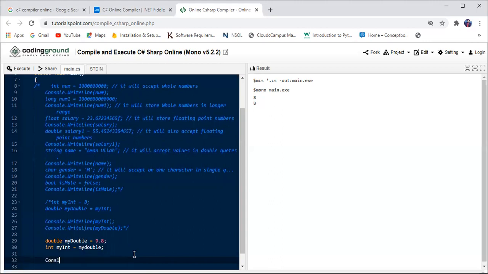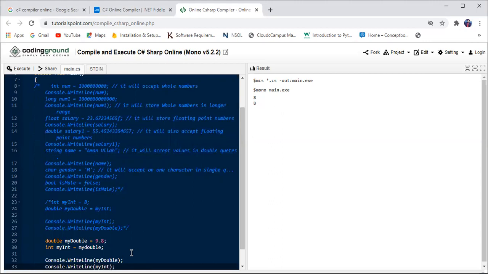Console.WriteLine, and right here I am printing myDouble first and then myInt.